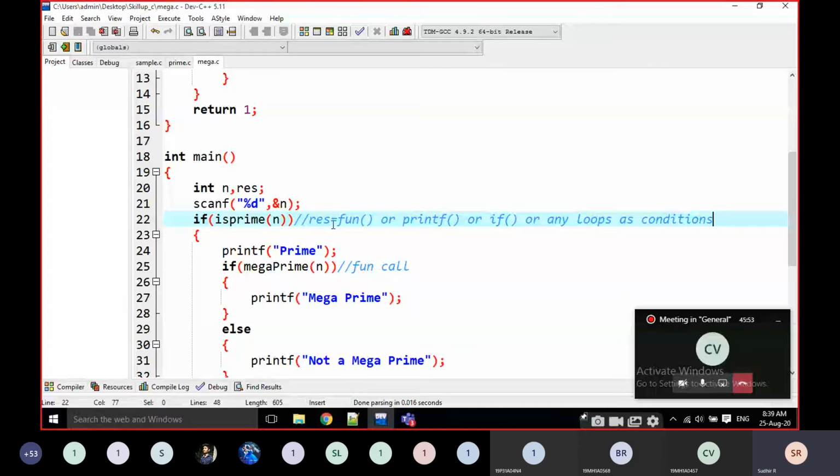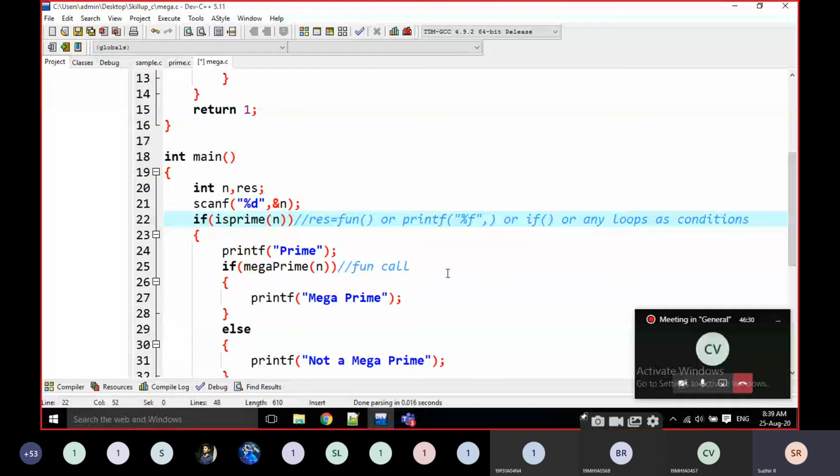For example, if I assign result equal to some function, the returned value is going to be caught in the result variable. If I am using a printf statement with percentage d or percentage c or percentage f, based on that access specifier, the function is printing something. That means it has a return type, no doubt about that.